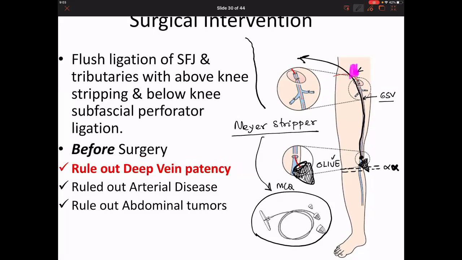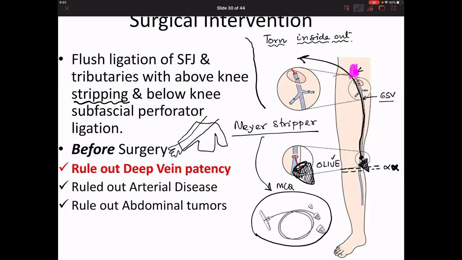What do you think is the fate of the vein? Very good. It is torn from inside out. Examiners will love the word. It is torn from inside out. That means the inside of the vein is now outside. It is like you have a shirt and you introduce your hand into it and take the hand out. Which side of the shirt comes out? The inside part. So that is something called stripping.